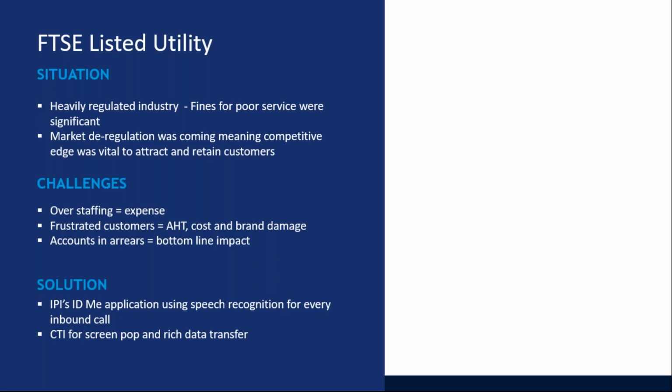Had they been able to answer all of those questions correctly, and were they able to proceed with the call? And that rich data transfer as well, because there were times having to push those internal transfers around the business, was then appended to the call and presented to the next agent in that process as well. So again, lowering that customer effort, and again, one of the other ongoing frustrations which their customer feedback had raised,